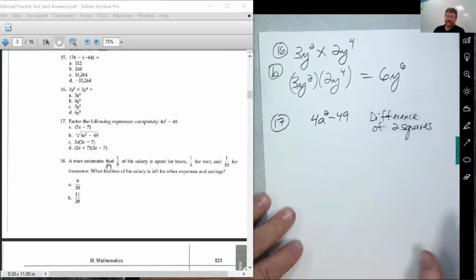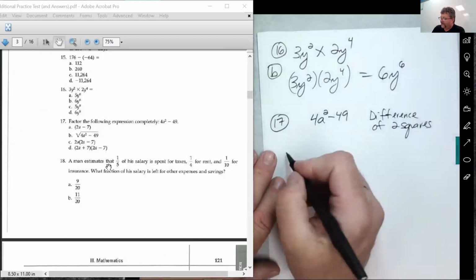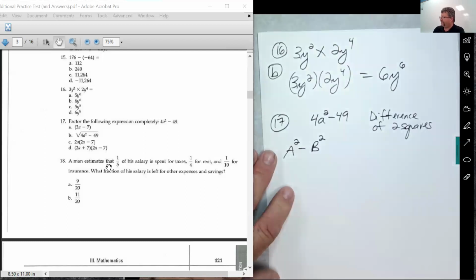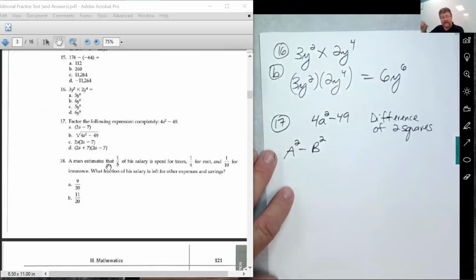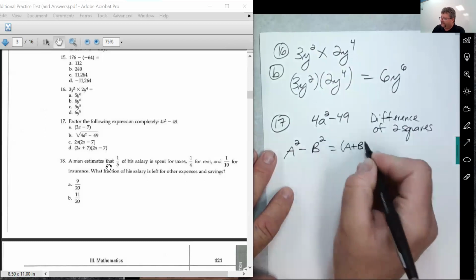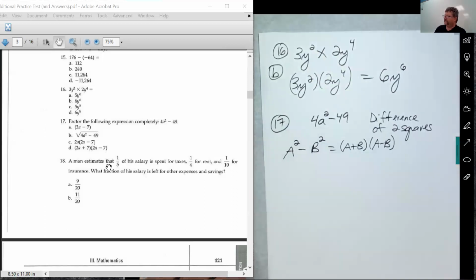Okay, and if you forgot how to do a difference of two squares, you could fumble around with this, and you don't have time to fumble. What it says is if you've got some a squared minus some b squared, something squared minus something squared, you can write the factors as a plus b times a minus b. Okay, now do we have that? It doesn't look like we have that, but we really do.